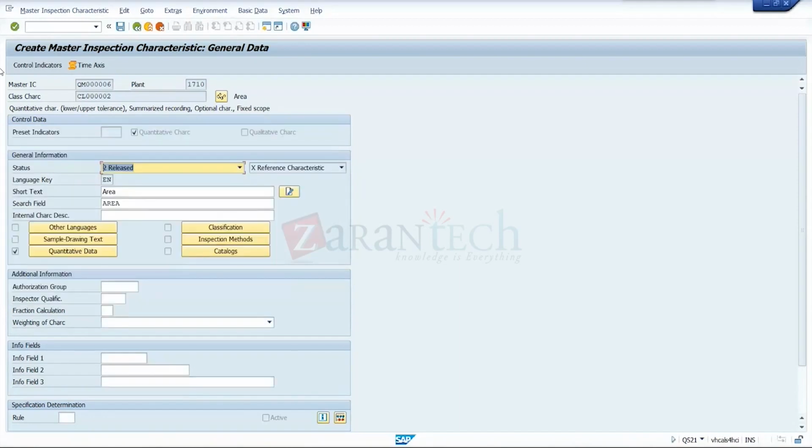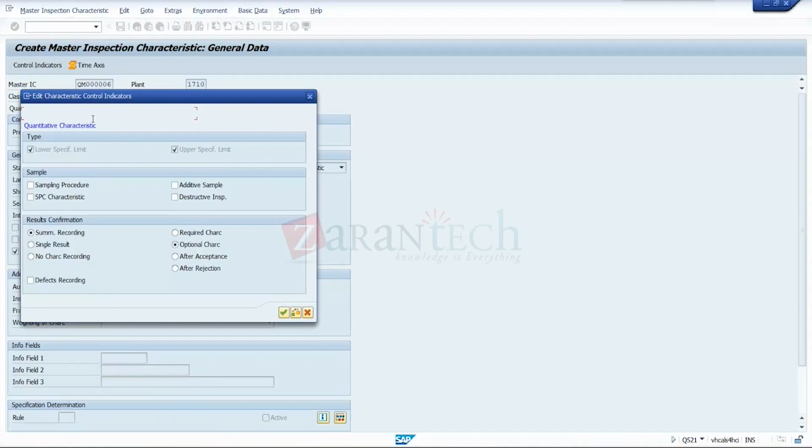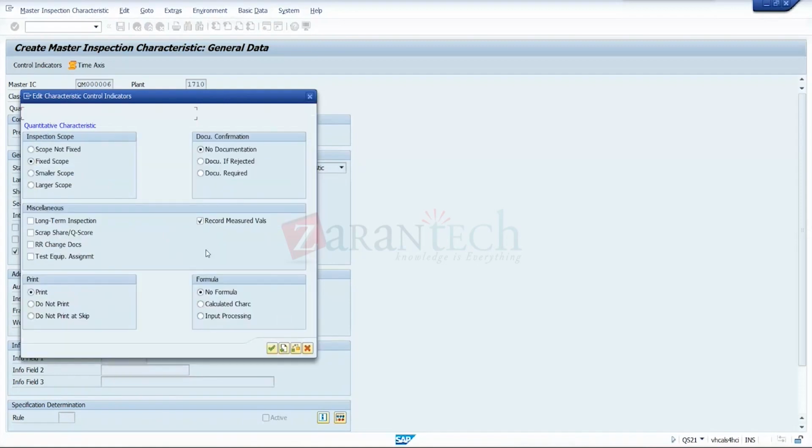Okay, so if you want to change any other characteristic, see again information message, you can change only certain control indicators. So sampling procedure, this is optional, we'll make it required. Okay, here you give documentation required for this characteristic, and you give this calculated characteristic here. Okay, and so everyone updated this. We'll see the difference for each characteristic while creating in the inspection plan. Okay, note all the characteristic codes in sequence,